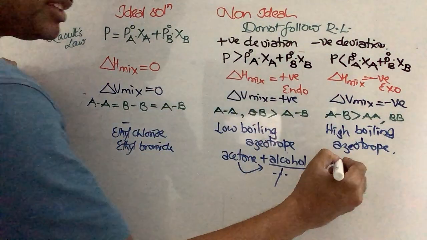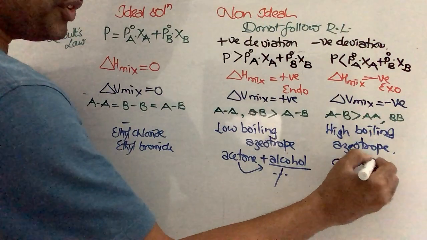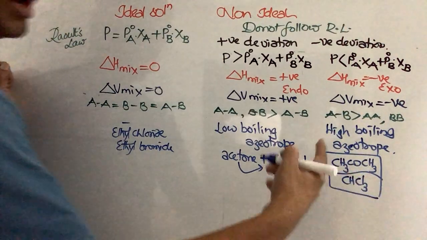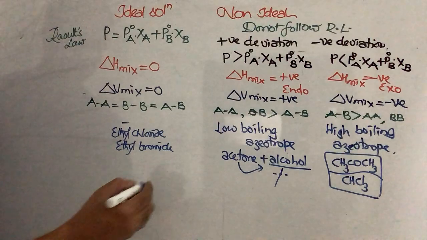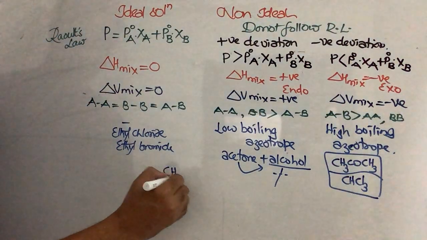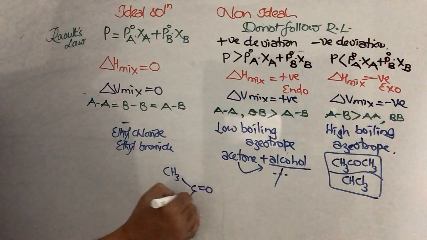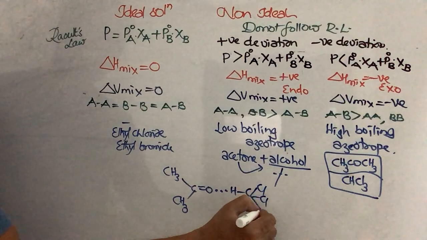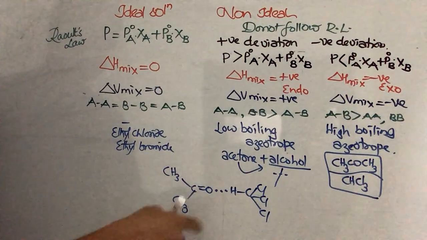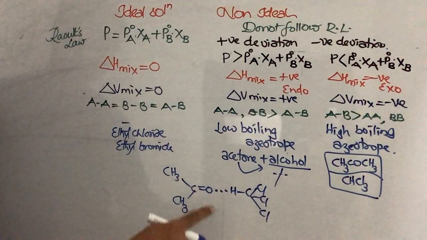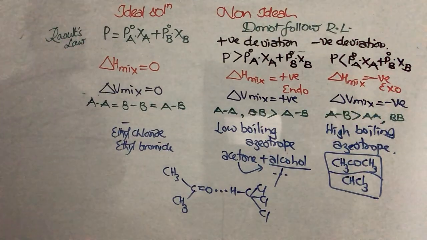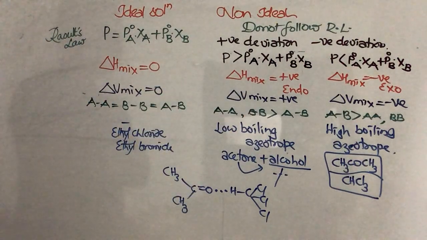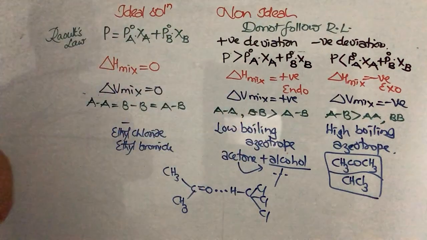And in this case, for example acetone and chloroform, between acetone and chloroform there is already no hydrogen bond, in either of them. But when you take them together, CH3, C double bond O, CH3, acetone is going to form a hydrogen bond with chloroform. This hydrogen bond is not there in acetone or in chloroform, but when they come close, an extra hydrogen bond is formed. Because of such hydrogen bonds, they are going to be close. That is the negative deviation from Raoult's law. Negative deviation, positive deviation, and no deviation.